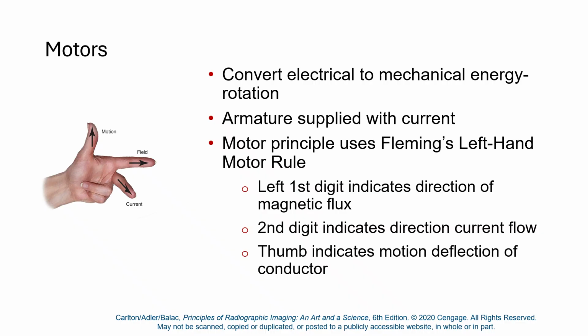Motors. So they do a great job of representing Fleming's rules. And so the rule for a motor for Fleming is the left-hand motor rule. So you have to remember that this person's left hand is connected to an axle going through their second metacarpal phalangeal joint. So if the magnetic field is pointing forward and the current is running in the direction of the third finger, as shown in the diagram here,